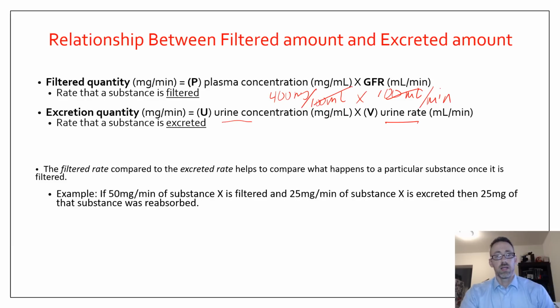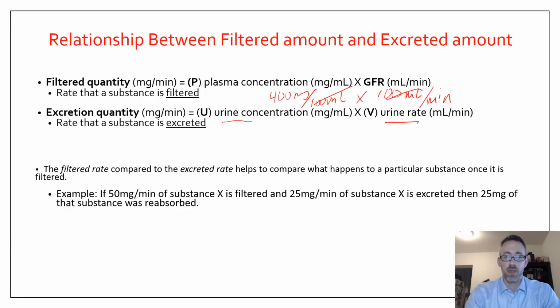Now the filtered rate and the excreted rate, if we know both of those, that's going to help us compare what happens to a particular substance once it's filtered. If we're talking about glucose, as was my example, if I know the filtered quantity and I can measure the excreted quantity, I can tell you what happened to that substance while it was in the nephron, in terms of whether some of it got reabsorbed and put back into the blood or if some of it got secreted in. So for example, let's say I had 50 milligrams per minute of substance X, solute X,